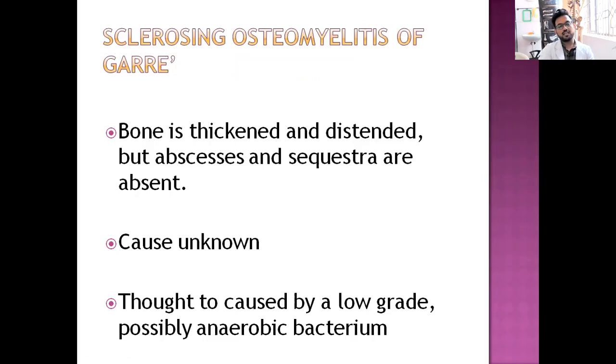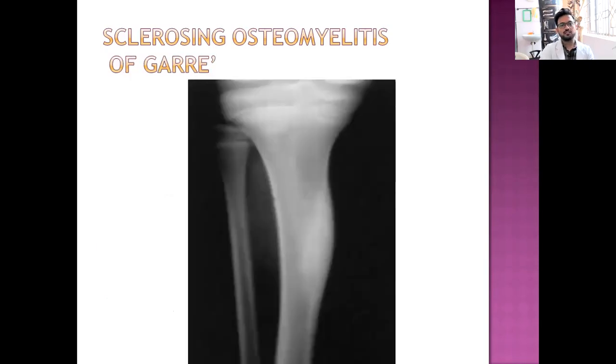Sclerosing osteomyelitis of Garré. There is a thickened and distended bone, but abscess and sequestra are absent. The cause is mostly unknown. Sclerosing osteomyelitis of Garré, which we can see in the tibia. Now, this is which we can see in the